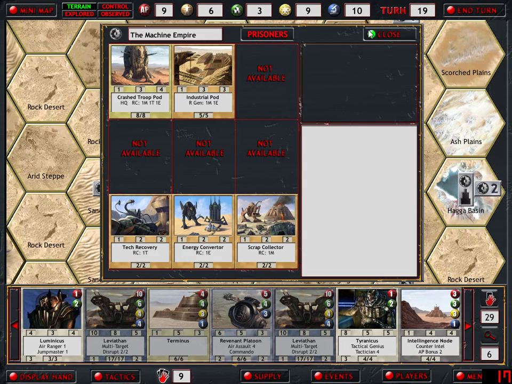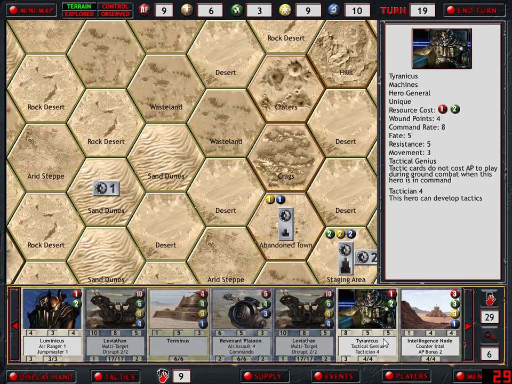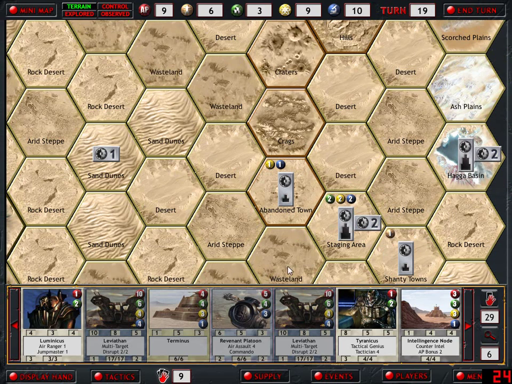So, let us... I'd like to deploy another industrial pod in the Haga Basin. I don't need to do that. Or do I? Actually, I think I do. Alright, let's get a hero out of my hand. Let's drop...